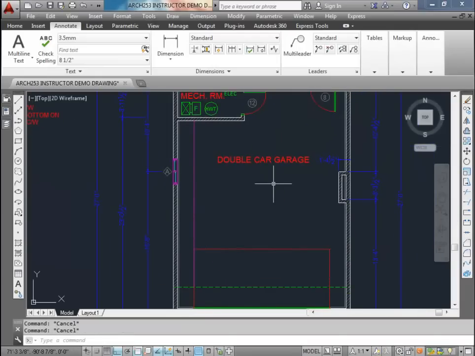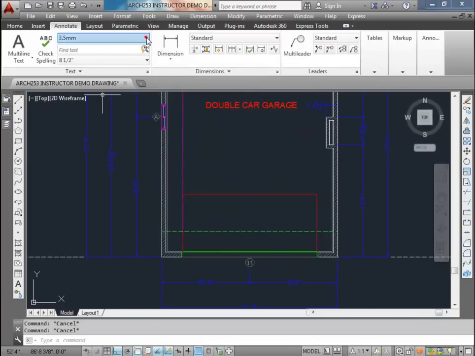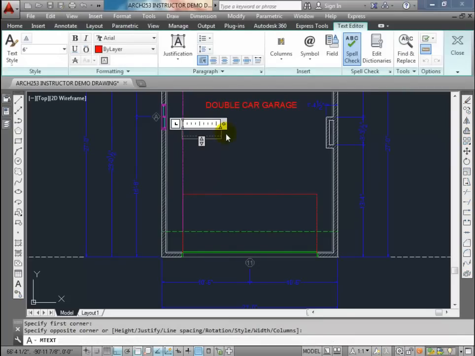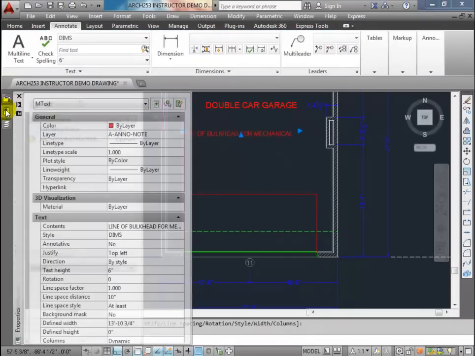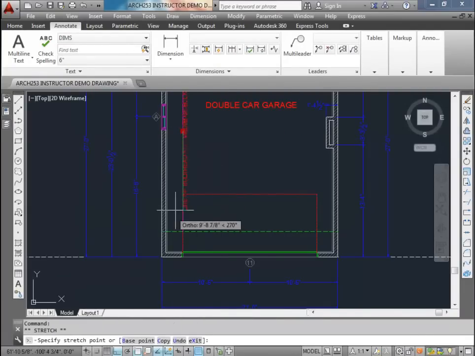Okay, there's a mechanical room, double car garage. We're going to have to add in the line of the bulkhead, so we're going to be using our DIMS text style, or 2.5 millimeter text. All right, I'll just choose DIMS. Okay, I'm going to have to rotate this text, but now this one here, we're going to call this line of bulkhead for mechanical. Now I'm going to rotate that text 90 degrees, and I'm going to place it,